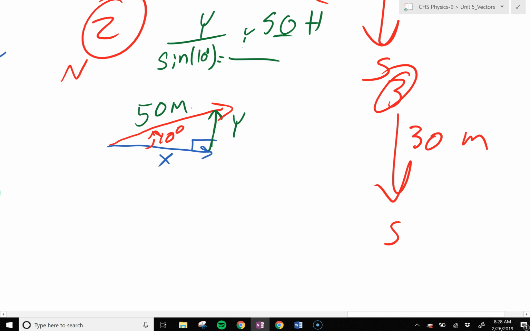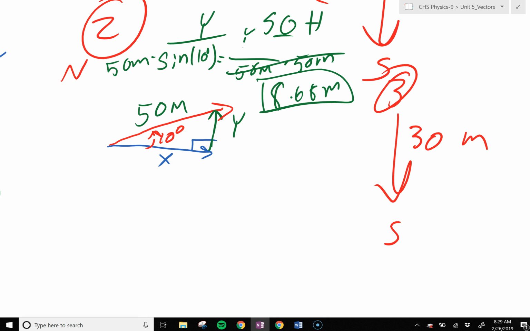That's what was given to us. Multiply both sides by 50 meters, and in the y direction we get 8.68